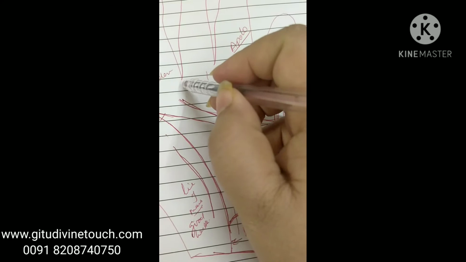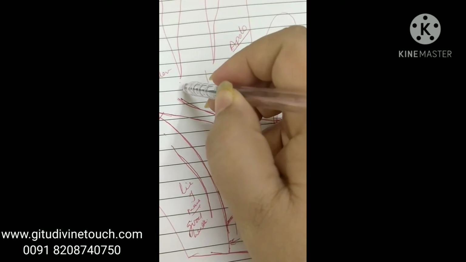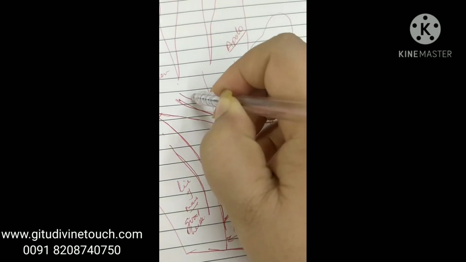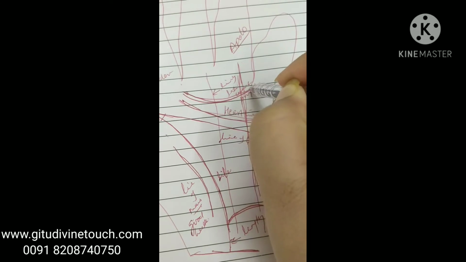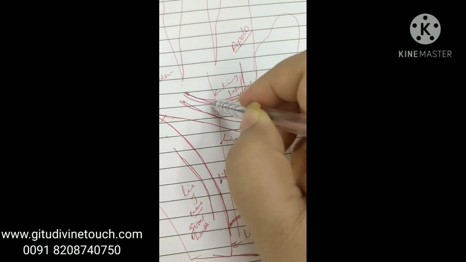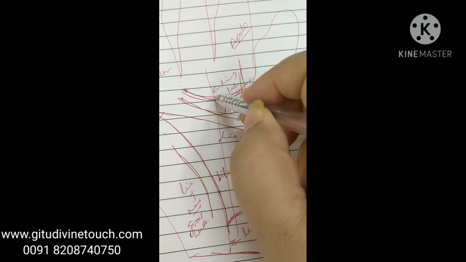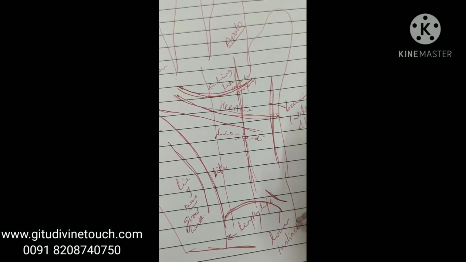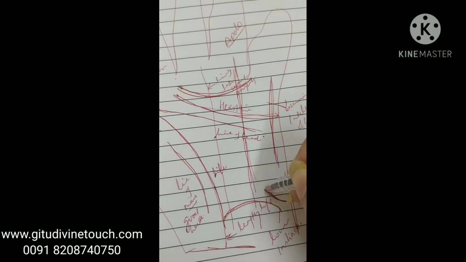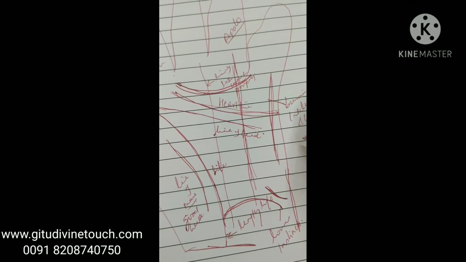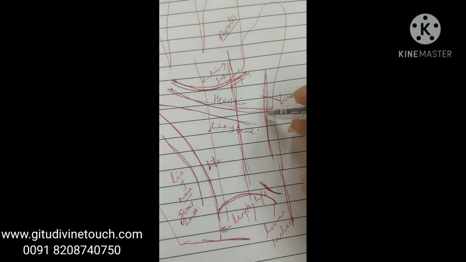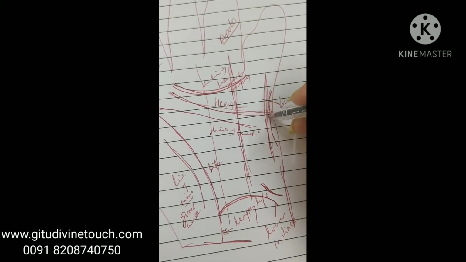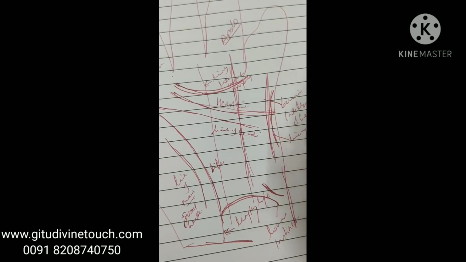Then there is a girdle of Venus, which is from index finger to Mercury finger. This semicircular shape is called girdle of Venus. It indicates emotions and sexual feelings. Line of travel we'll find on the mount of Moon. So this is line of travel. Line of intuition, that is inner voice, will be like this Mercury line, only it will be a little bent. So this is line of intuition.